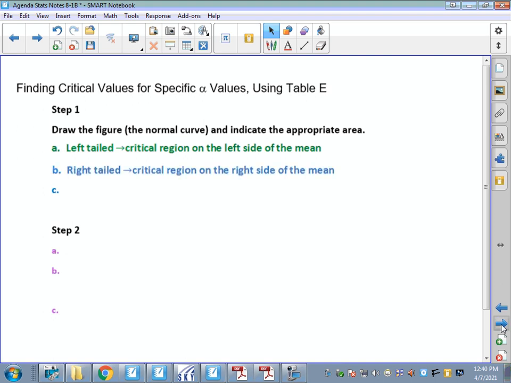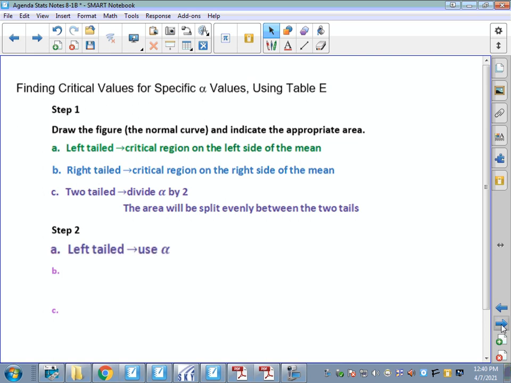Right-tailed is your critical region on the right side of the mean, so we shade to the right. And two-tailed means that we've got to divide our alpha by 2 because we're splitting that equally on the two tails because it's a normal symmetric curve. So we can have one-tailed or two-tailed. The one-tailed is either right or left. Step 2,